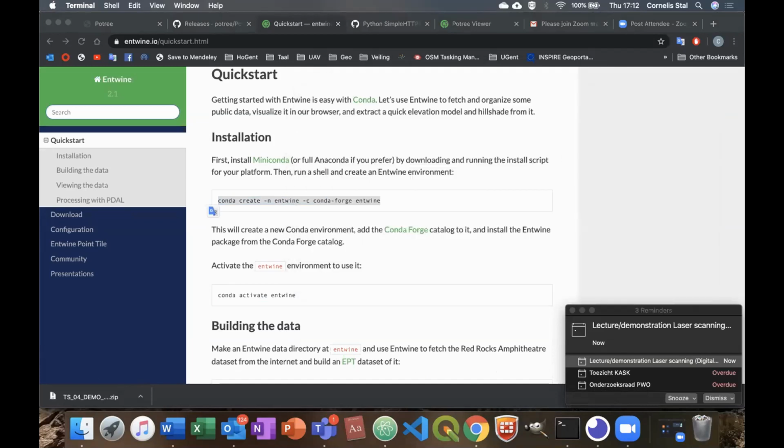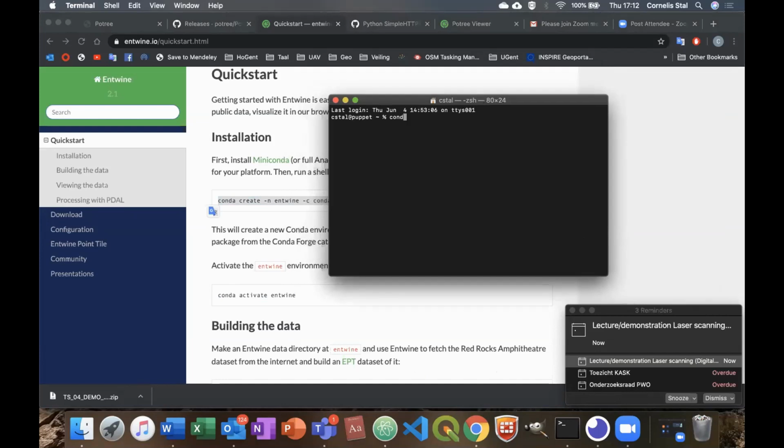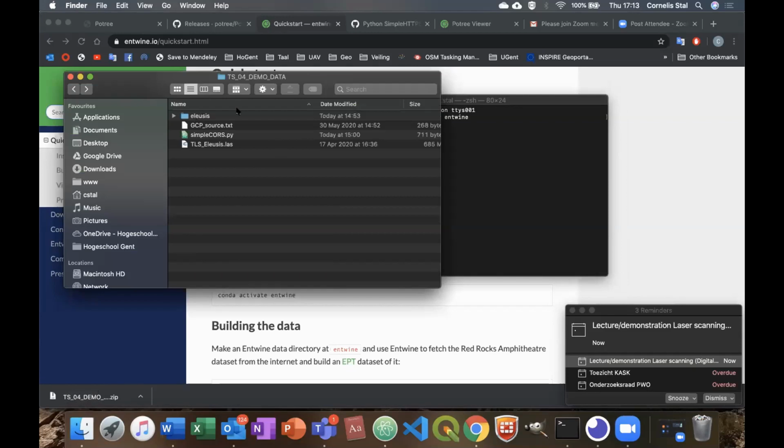Let me close this. Here's my console. Conda source activate Entwine. Voila. So now I'm in the Entwine environment. And what you can do then is, in my demo folder here, let me just remove the Elysys folder because I don't want to cheat in this case. What you can do then